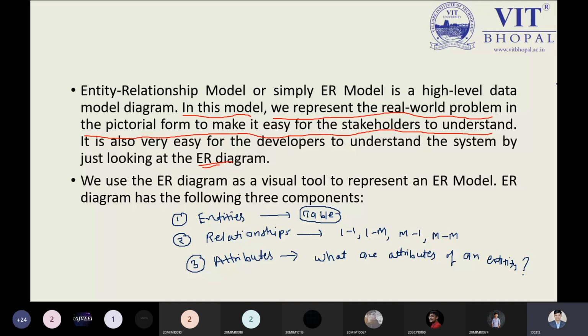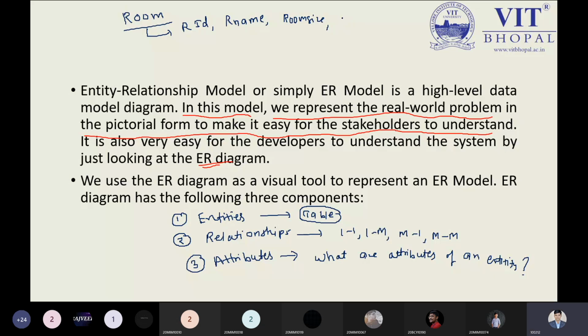So for example, if I'm speaking about a room, suppose room is our entity. It can have the room ID, it can have the room name. Room ID can also be recognized by the room number, and room size. It could be a hall, or a mini hall, or a normal room.